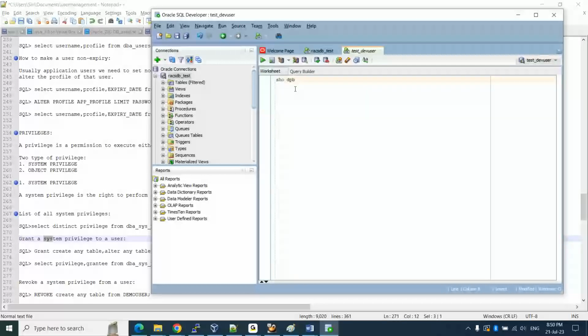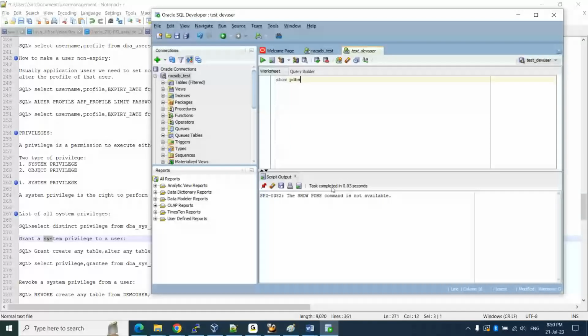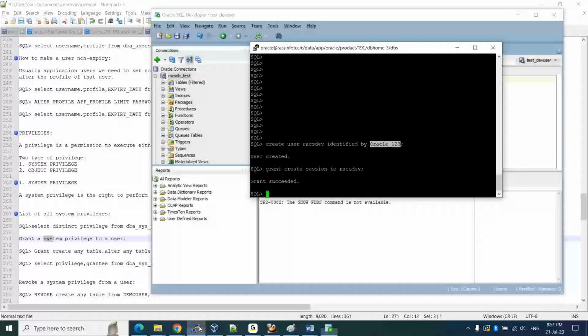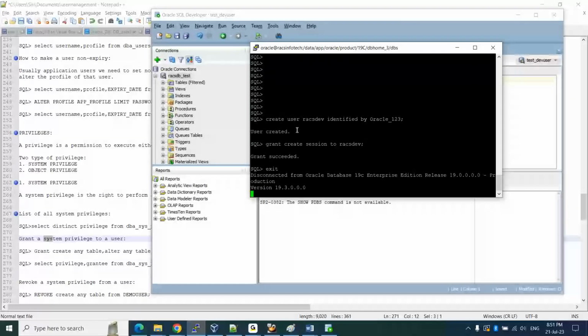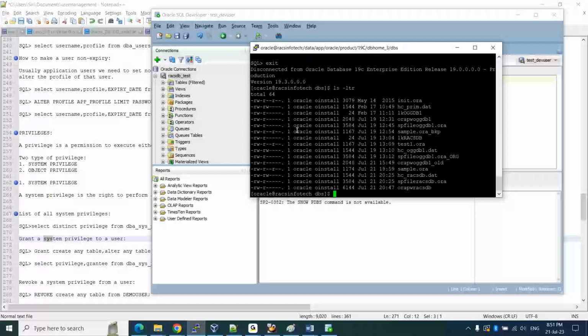Show PDBs. Show PDBs. This user doesn't have any privileges to query the tables or to read the information, nothing. We have just given it the privilege to connect to the database. We will discuss more about that in the next session. This is locally. Now, if I want to move, okay, this password file,